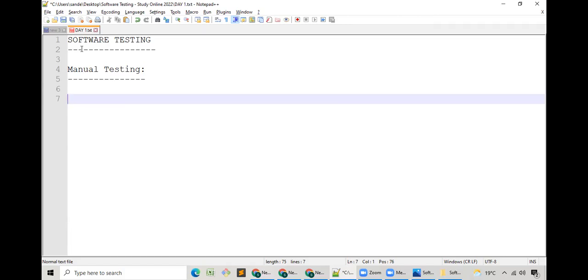If not, what will happen? I'll tell you. There will be a lot of disturbance in the class. That's the reason I don't want to entertain all those things. Please tell me why you want to learn software testing. Guys, please don't make me call your names. Okay. Anyone? Please tell me why you want to learn software testing. Okay. Kirti, please tell me why you want to learn software testing.